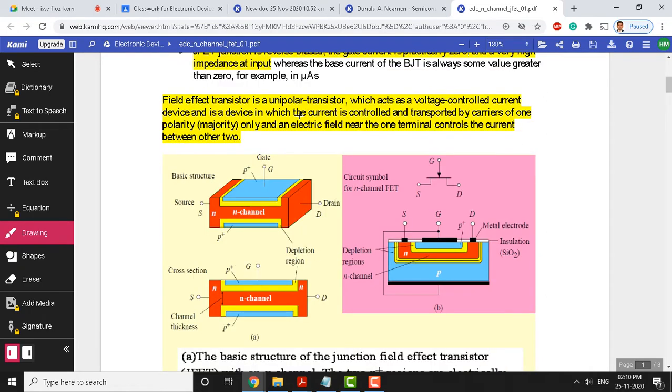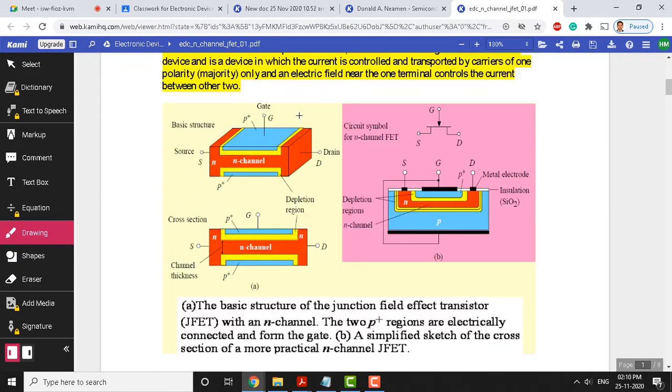Okay, and let us look at the physical structure of this. There are three diagrams for you to look into. The first one is going to be the three-dimensional view of JFET or FET. So, let us say this is going to be the 3D view of JFET.